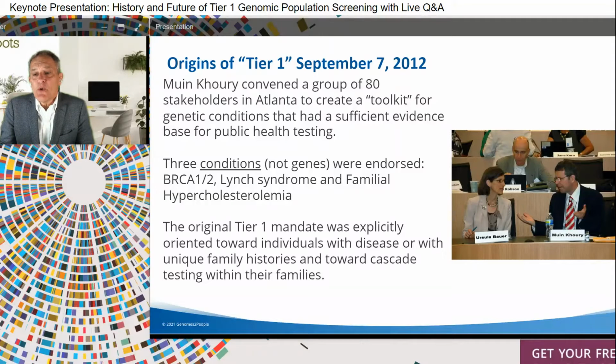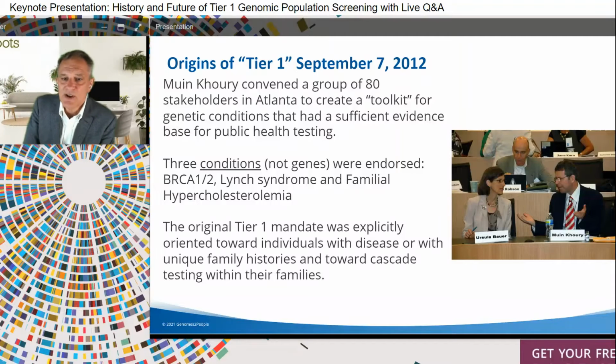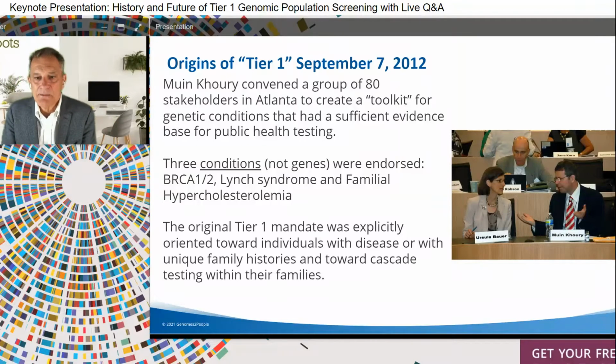Now, we'd call this a no-brainer today, right? We'd say, well, of course, if I have a sister with BRCA1, I am eligible to be tested for BRCA1. If I have two brothers who had heart attacks in their 40s, maybe we'd want to test them to see, or maybe even me, to see if we're carrying an FH gene, especially if my lipid levels are high. So this kind of feels obvious, but that's what they were talking about. They weren't talking about population screening.